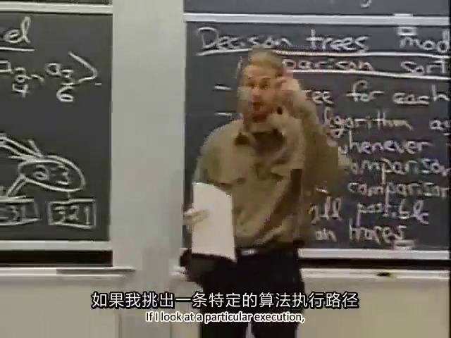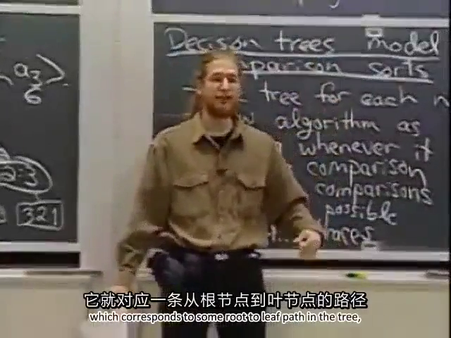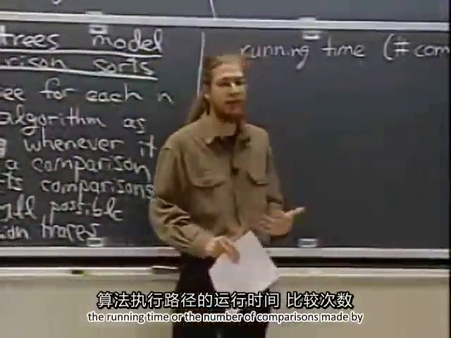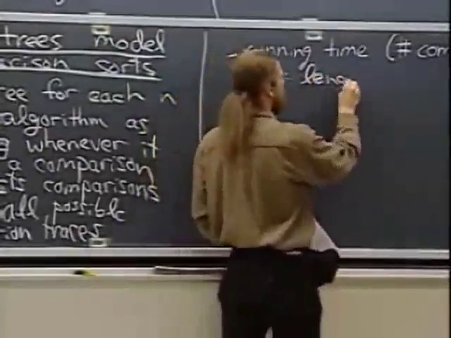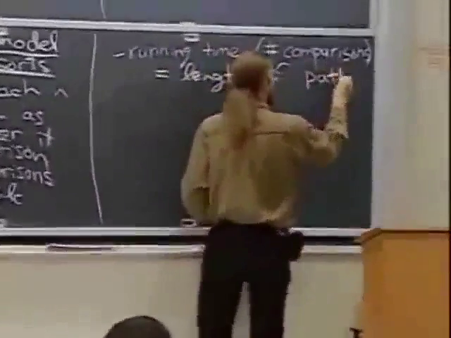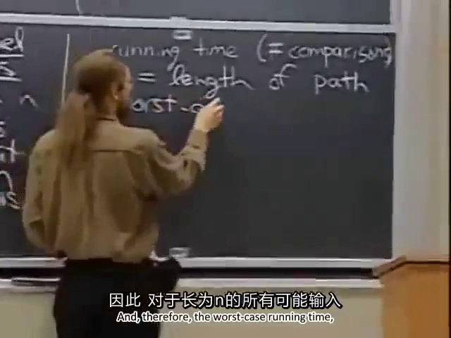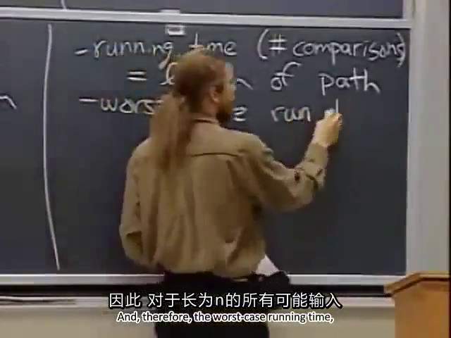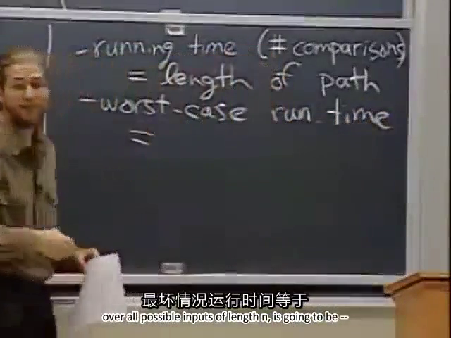If I look at a particular execution, which corresponds to some root-to-leaf path in the tree, the running time, or the number of comparisons made by that execution, is just the length of the path. And therefore, the worst-case running time over all possible inputs of length n is going to be